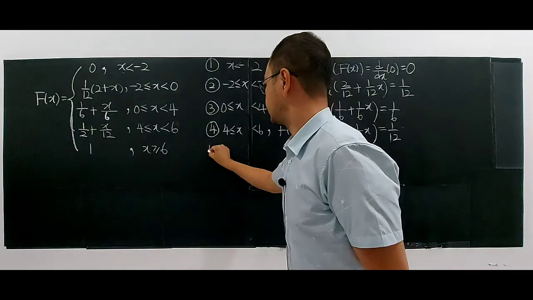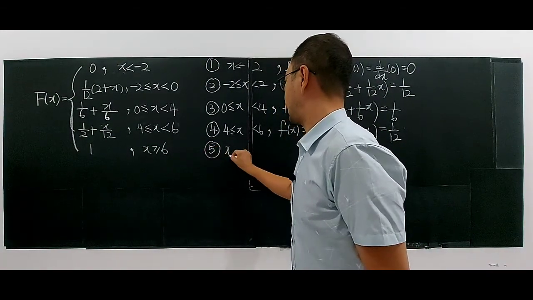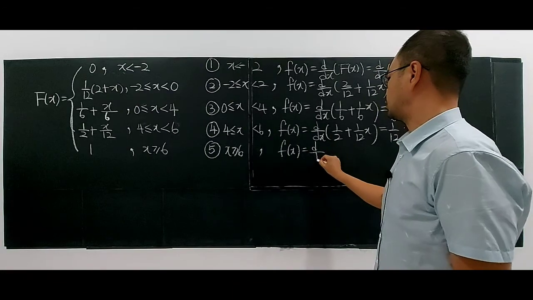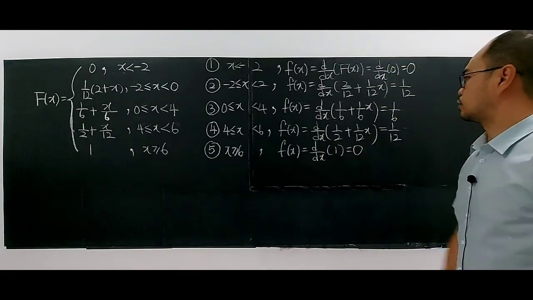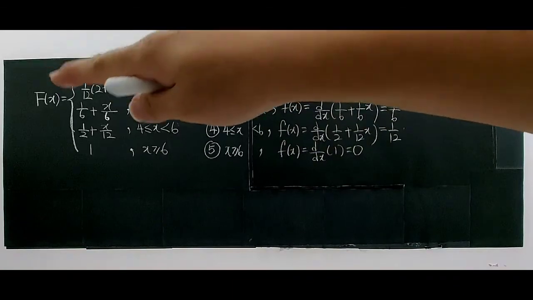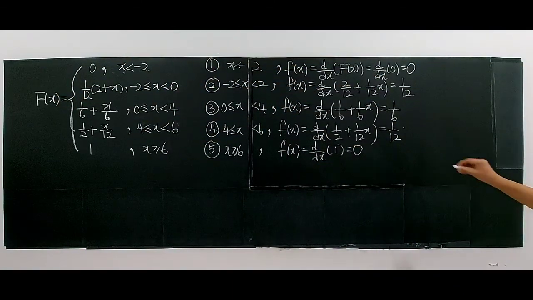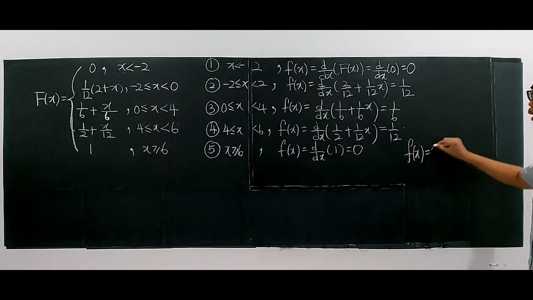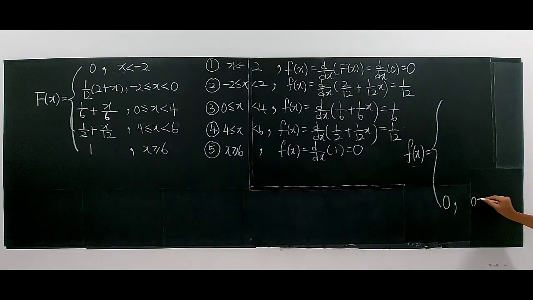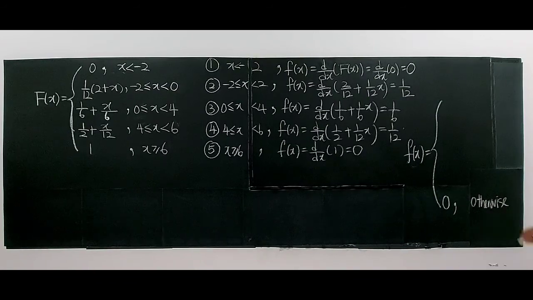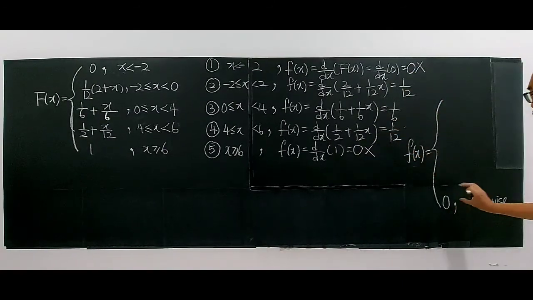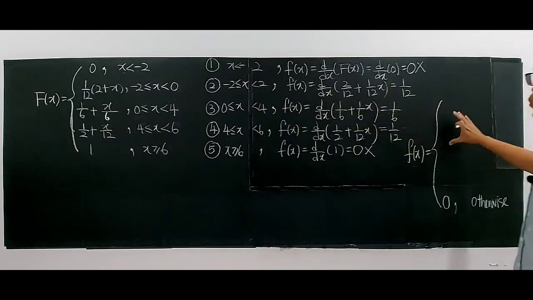And finally, the fifth interval, which will be x greater or equal to 6, where you have to differentiate the cumulative function, which is 1. So you're getting 0, right? So this is the method of finding back your probability density function, from the big F to the small f. And you have to summarize everything here. For the probability density function, there is a 0 here, which is written as otherwise. This belongs to this one and this one, right? These two, that 0 will belong to otherwise,